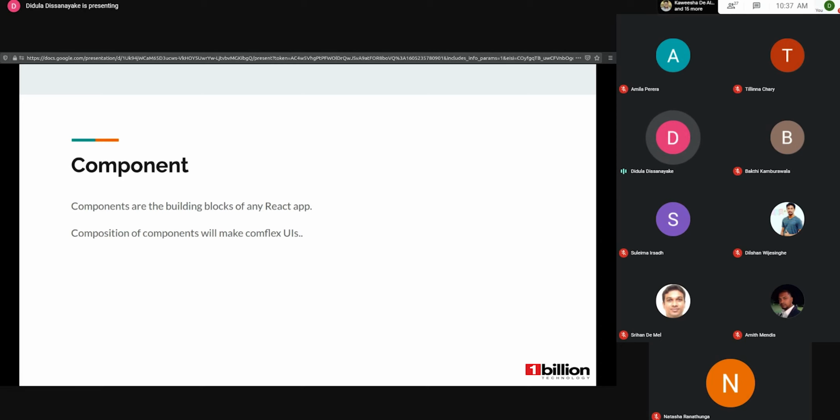A component is a JavaScript class or function that optionally accepts inputs and returns a React element that describes how a section of the UI should appear. It explains how the user interface should appear. Each component has a render method. It describes the UI to be drawn with the provided data. If you are developing a web application, we have to use HTML elements, so we can write the HTML part or the particular UI part within the render method inside the component.